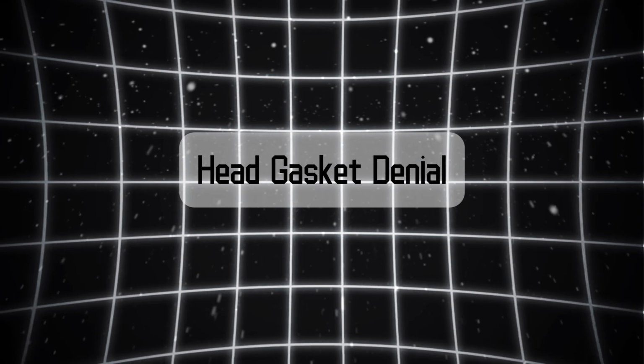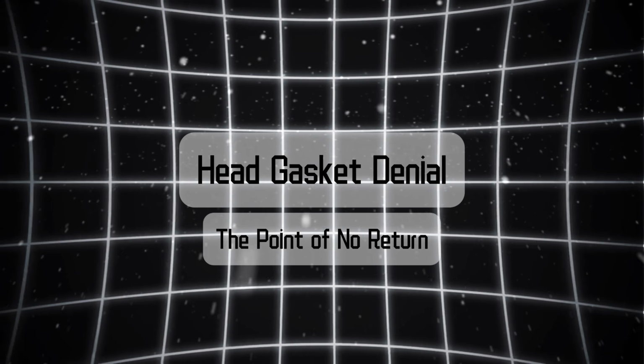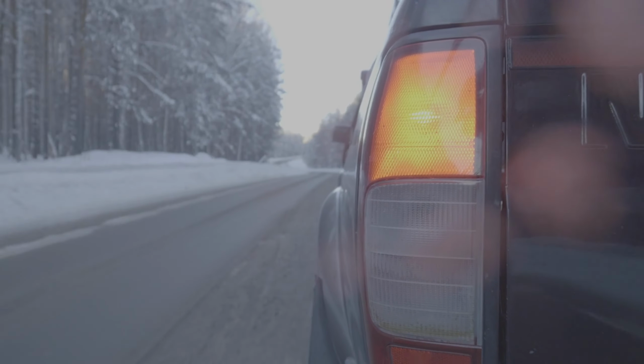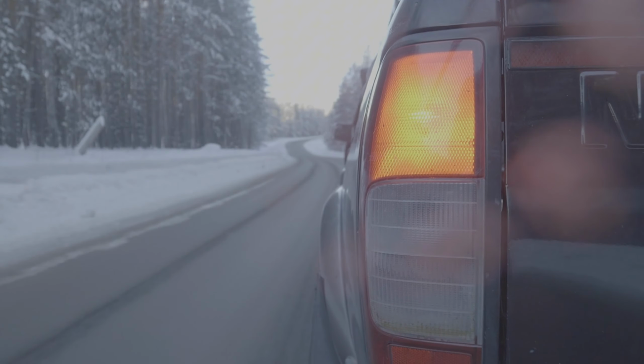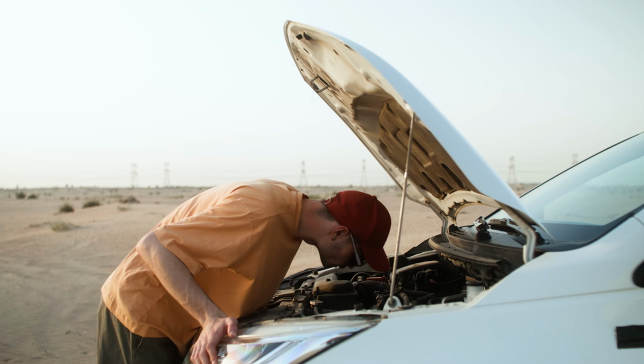Head gasket. Denial. The point of no return. White smoke from the exhaust, bubbling coolant, and that sweet maple syrup smell aren't just inconveniences. They're your engine's final desperate signals before catastrophic failure. When your head gasket fails,